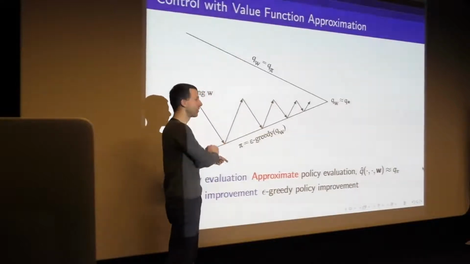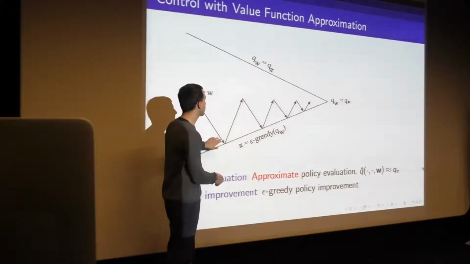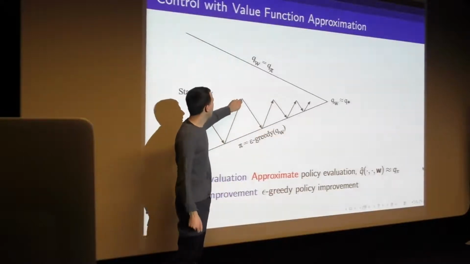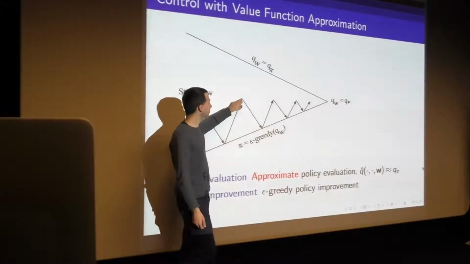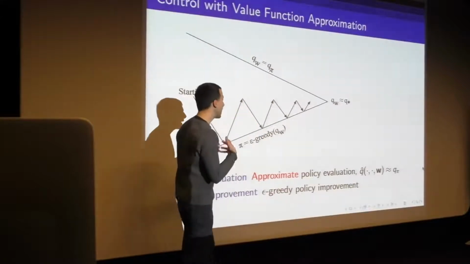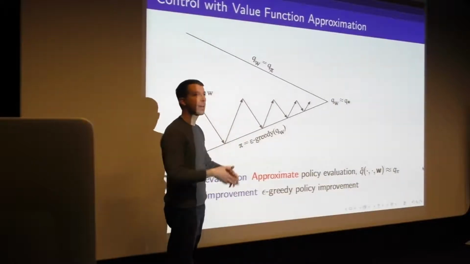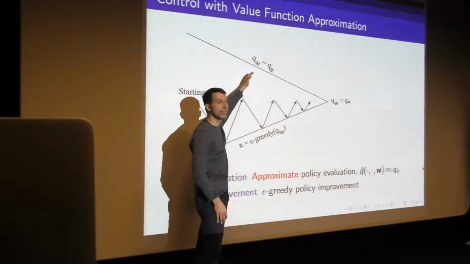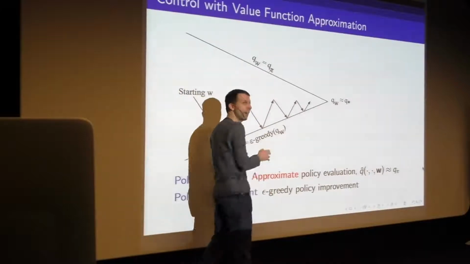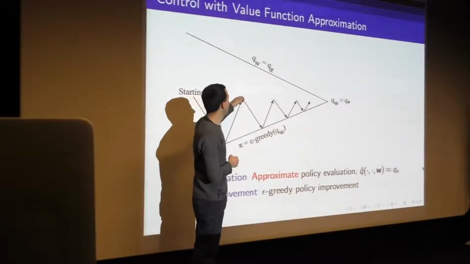So this might be our neural network. We act greedily with respect to our neural network. That gives us a new policy. And now we want to evaluate that new policy, so we run some more data, we update the parameters of our neural network. That gives us a new value function. And now that new value function, we can act greedily with respect to that, and so forth. And again, just like in the last lecture, we're not going to go all the way to the top here. We're not going to waste millions of samples of experience trying to exactly fit our function approximator. Indeed, we know that if we're using a function approximator, we're not going to precisely be able to achieve equality here ever anyway. So what we're going to do instead is take some steps towards it,